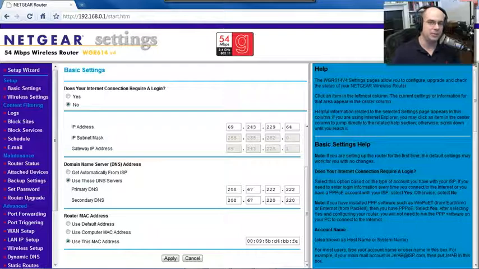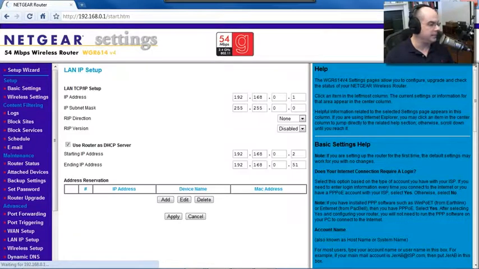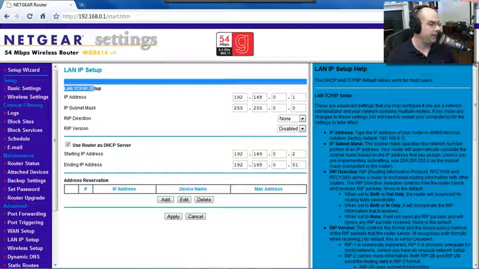But that's not the IP addresses that I'm worried about. The IP addresses I'm concerned about are the ones that are on my wireless network. So I'm going to click way down here. There's a LAN IP setup link, and you can see here is where I am setting up the LAN configuration, all of the IP addresses that are on the inside of this particular firewall. And you can see on the inside, the primary IP address for the IP setup, that's where we're connecting to right now, is